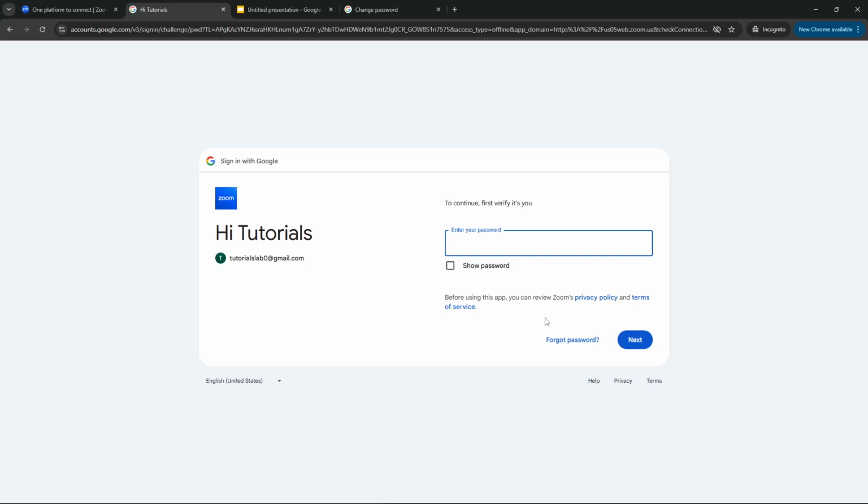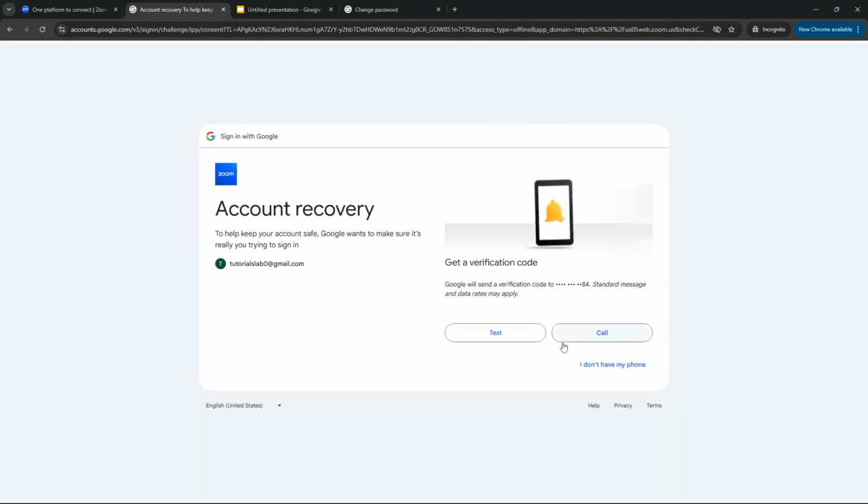Instead of attempting to enter your password again, look just below the password field for a link that says Forgot Password. Click on this link to begin the password recovery process. This is the key step that will help you regain access to your account without needing to remember your old